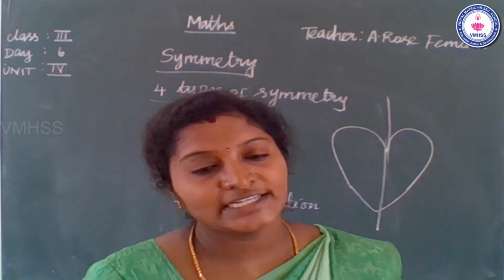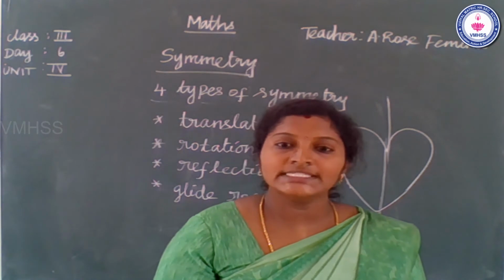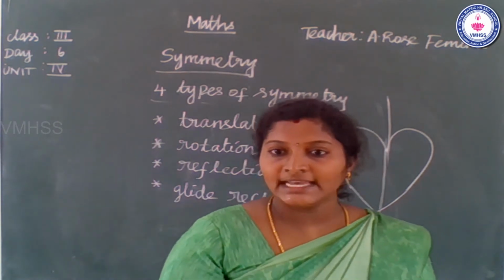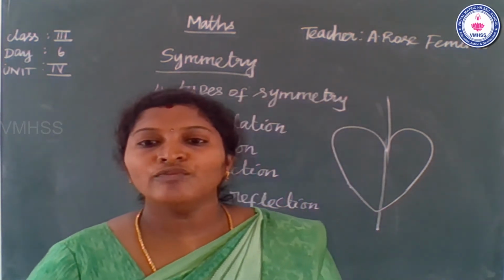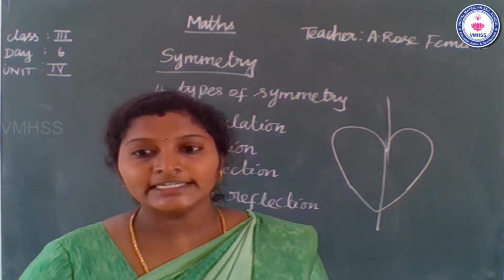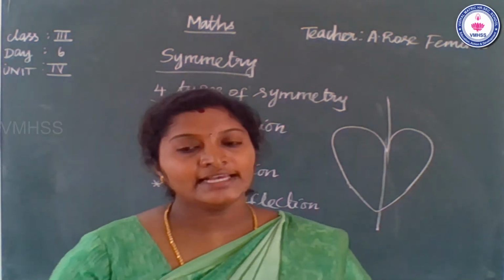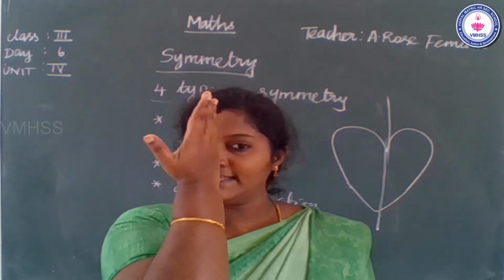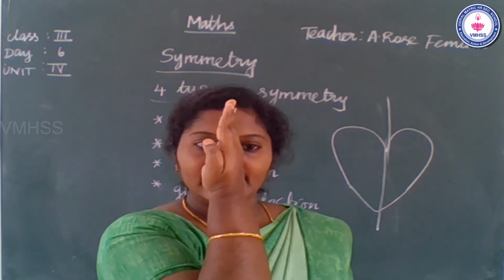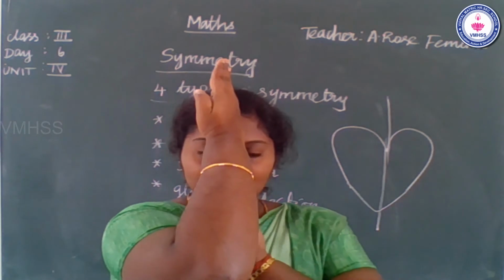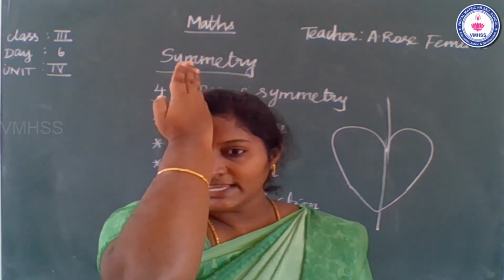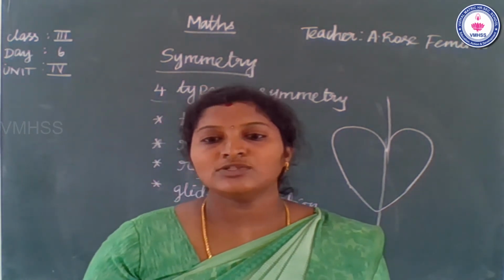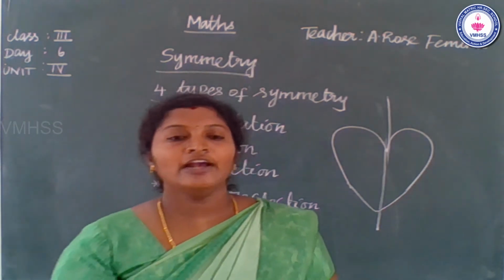Real life examples of symmetry. Do you know real life examples? Reflection of trees in clear water and reflections of mountains in a lake. The wings of most butterflies are identical on the left and right sides. Some human faces are the same on the left side and the right side. This is the right side and this one is the left side. People can also have symmetry. Do you understand, ma?